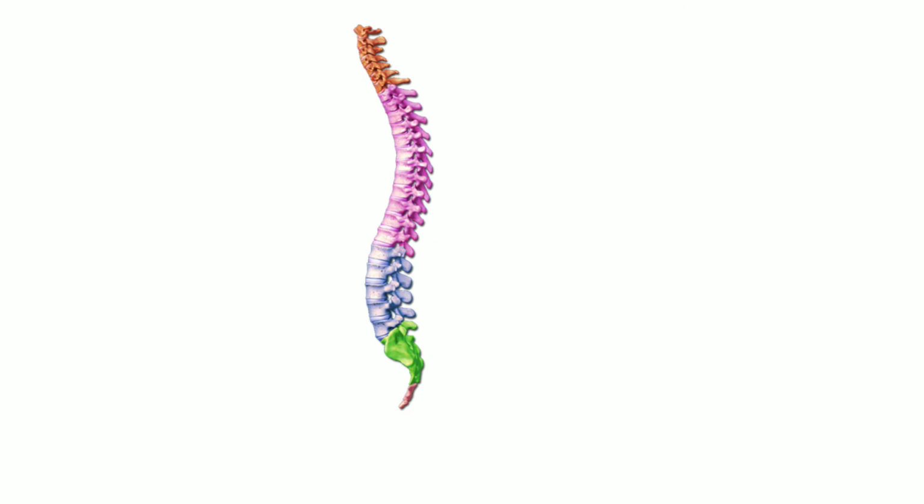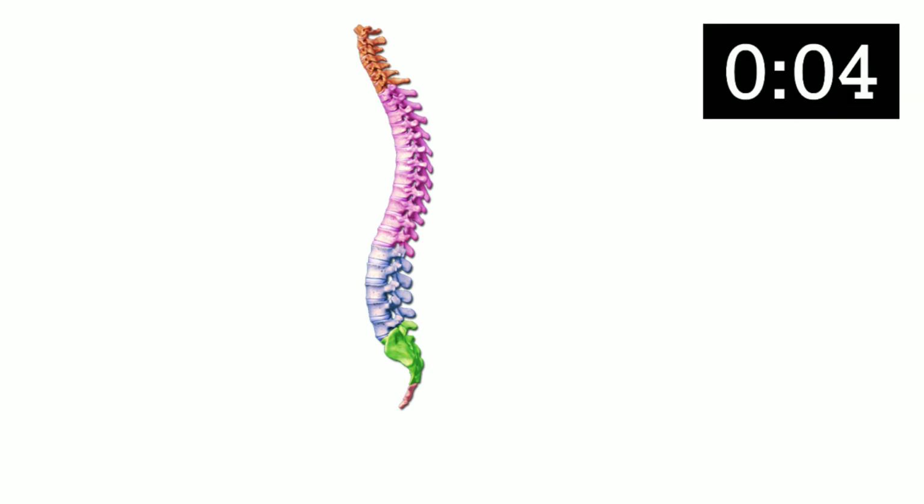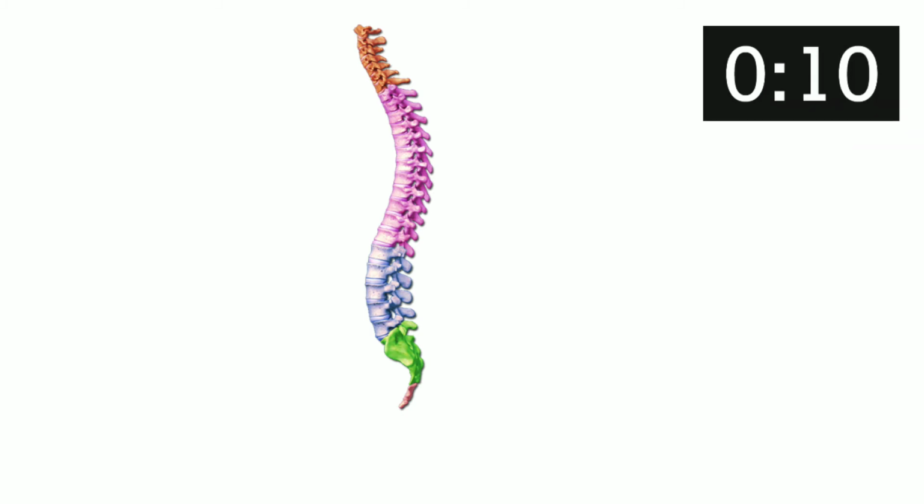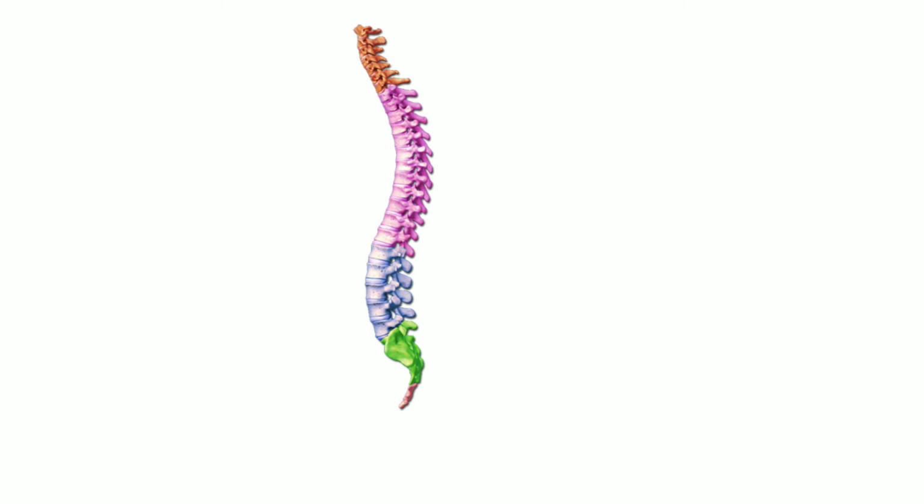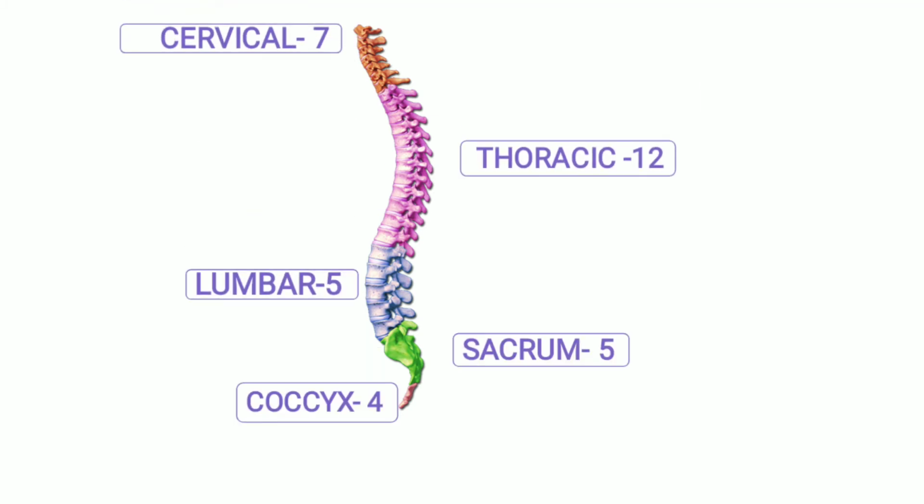So yes students, what is this? And again it is colored in different colors, right? So why are they colored in different colors? What are those regions? What do you think? Your time has started. So the correct answer is, these are the various vertebrae, and there are a total of 33 vertebrae which are divided